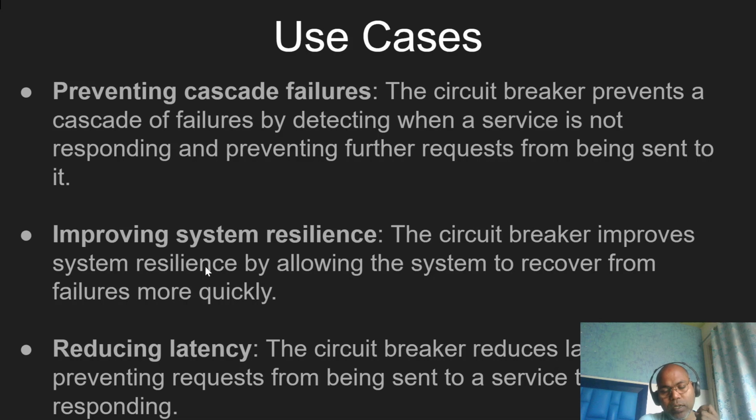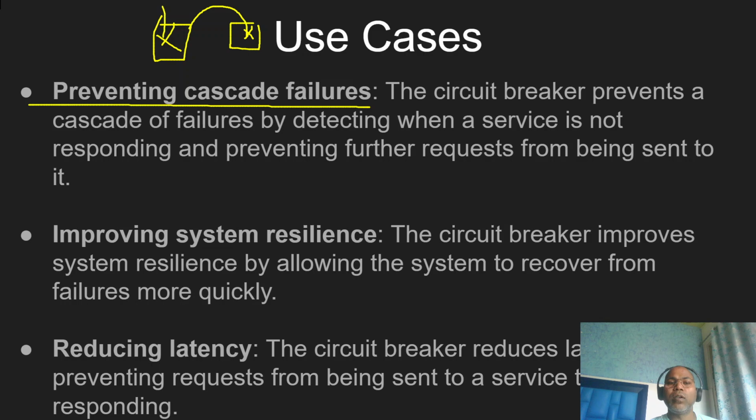These are some use cases where you have to think about implementing a circuit breaker. First, as mentioned, preventing cascade failure. This means if one node is faulty, I do not want another node to also become faulty, and then another. This is known as a cascade failure. If there is a problem, stop all the calls going through there, and let all other services run as expected, right?